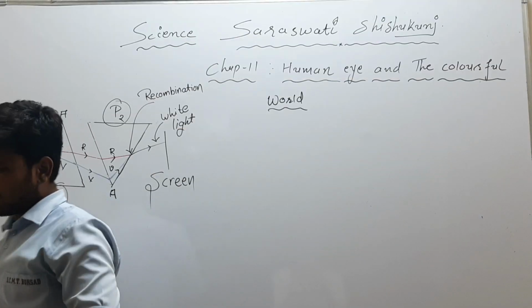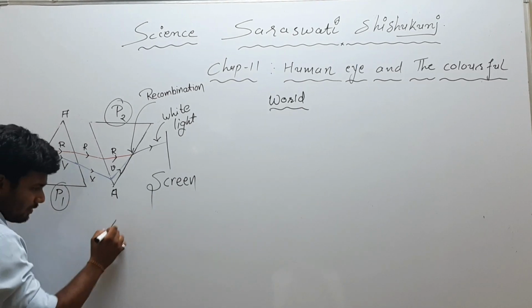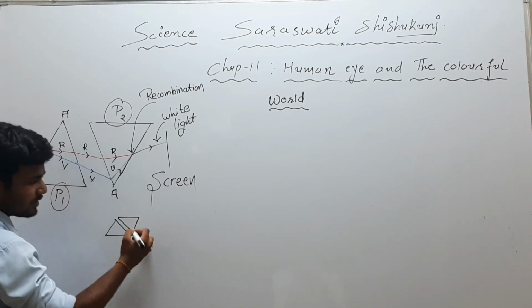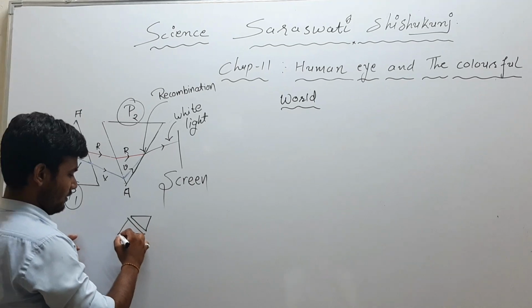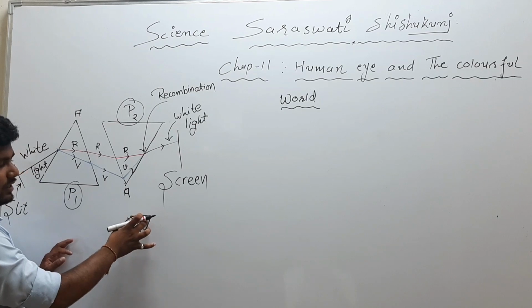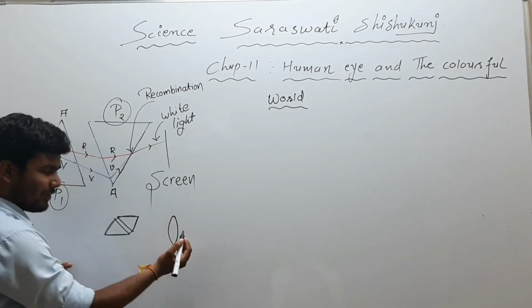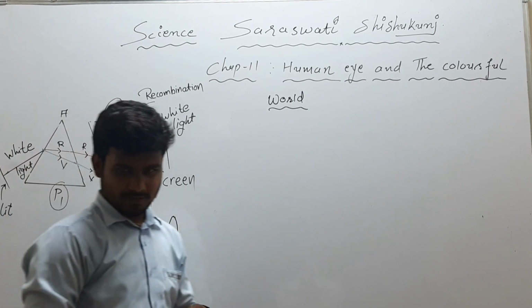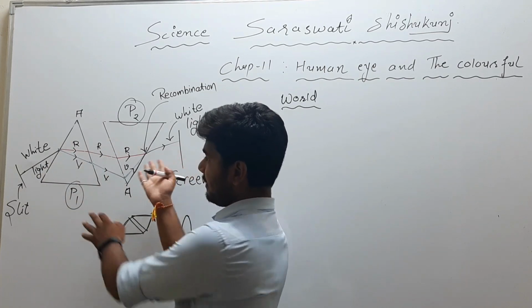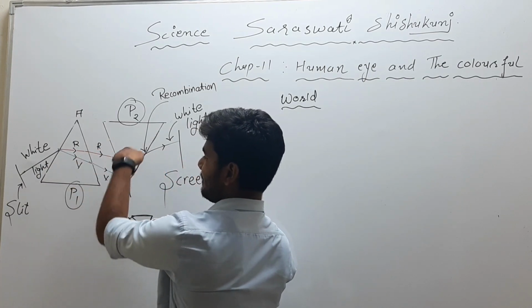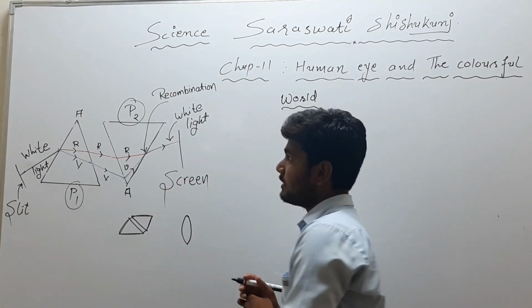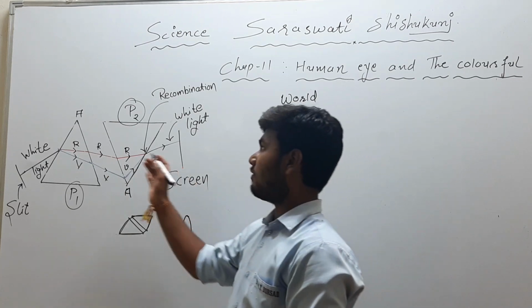If we go a little bit conceptually here, when we have this type of situation, this is just a concept. Actually, according to me, it will create a structure like a lens, right? And we all know that a lens will not do dispersion. It is responsible for refraction. So here you will see only the refraction. Why? Because by the first prism it is getting dispersed, and by the second prism it is getting recombined. So this concept is called recombination of light.